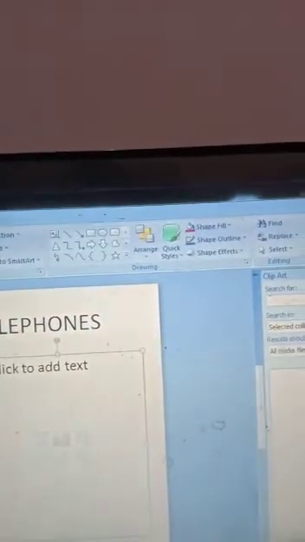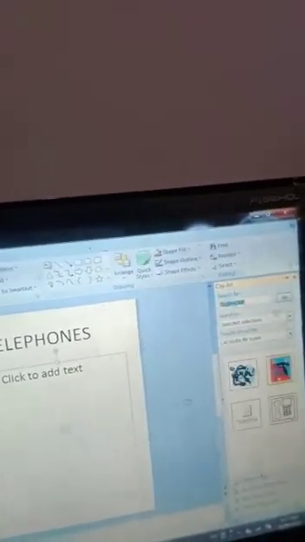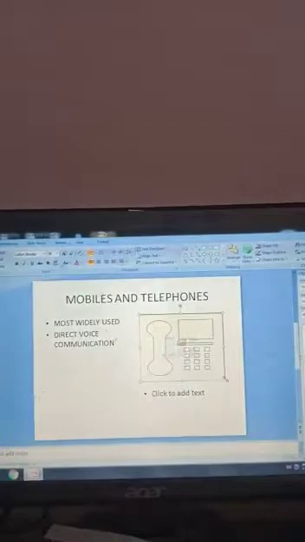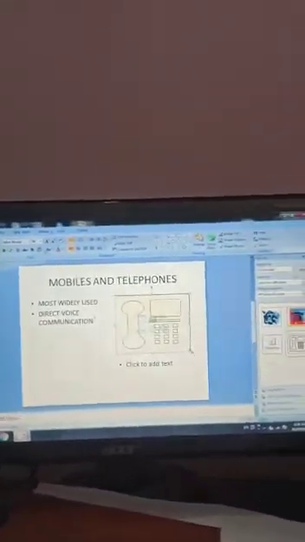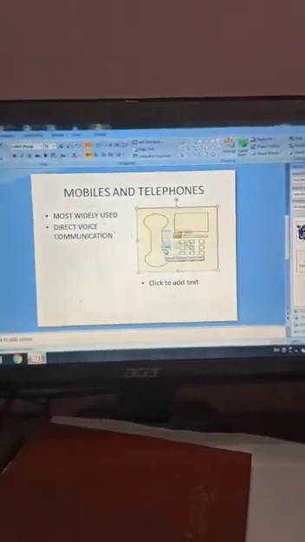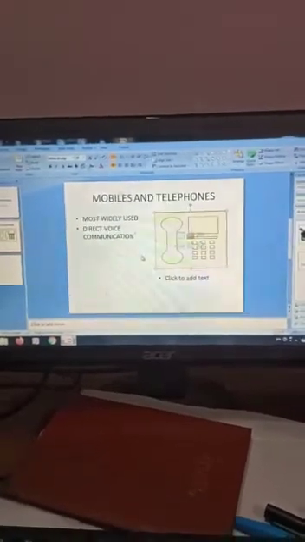And if you want to add a picture, then you have to click here, and this is the clip art. Whichever type of picture you want, you have to go and select it, click Insert, and that picture will appear on the slide. Okay, easily you can add a clip art. The next point is adding clip art, where you easily select a picture. How you can select a picture is given in your book also.